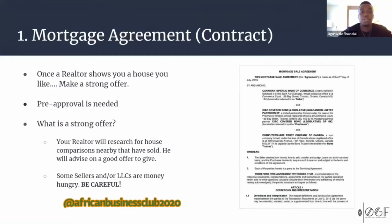The first thing you should be aware of when you're going to give an offer is that you need a pre-approval. If you have a strict budget, stick to it. After this contract, this is the beginning of the house buying process. So again, you give a contract, you have a pre-approval, and now let's just say your contract gets accepted,